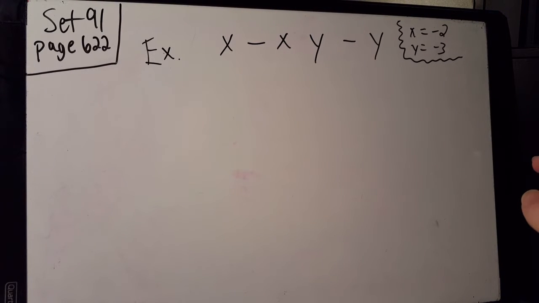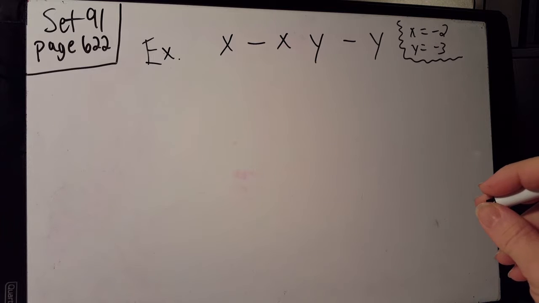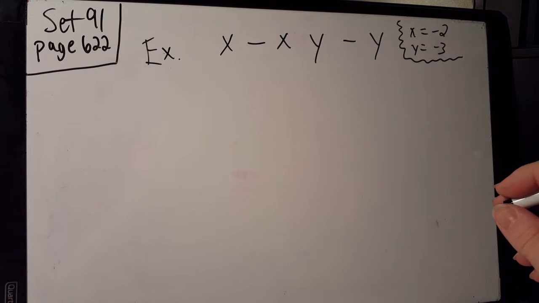Everybody, this is set 91 on page 622. We're going to look at evaluations with signed numbers and signed numbers without parentheses. This is taking a step farther what we have already learned as far as evaluating problems by plugging in the numbers that they give us. And the difference in doing this is that now we have negative numbers, sometimes positive, sometimes negative, and that makes a difference in how we work these because we have to keep in mind our negative and positive multiplication and